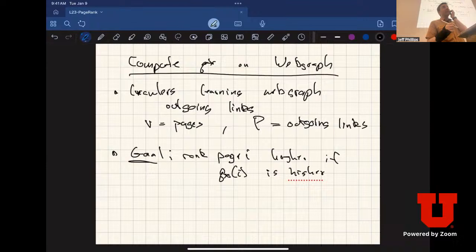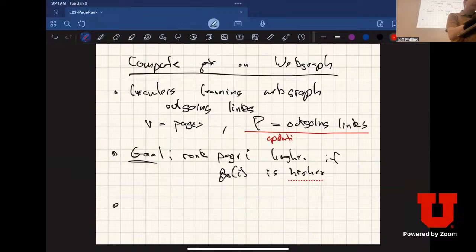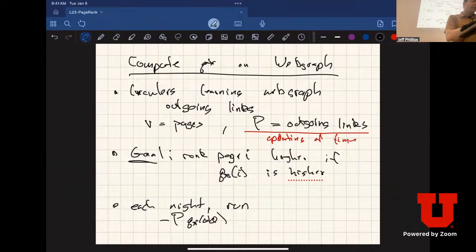Okay, and so you couldn't run this with the eigendecomposition, and this was always updating all the time. So what they would do is, at night, they would run Q star, starting from Q star old, with their updated